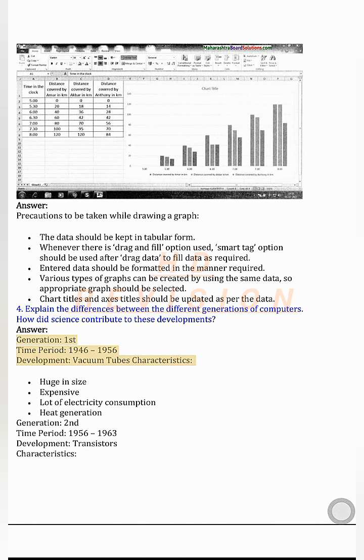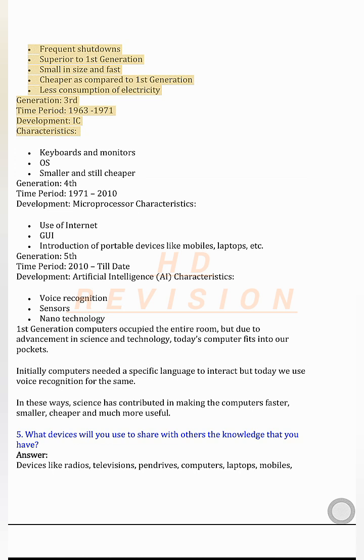Answer. Generation. First time period. 1946-1956 development. Vacuum tubes characteristics. Huge in size, expensive, lot of electricity consumption, heat generation. Second time period. 1956-1963 development. Transistors characteristics. Frequent shutdowns superior to first generation, small in size and fast, cheaper as compared to first generation, less consumption of electricity generation. Third time period,